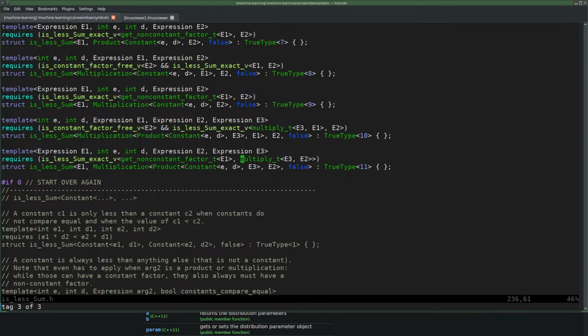I think I should do that here. I'm going to get the non-constant factor of